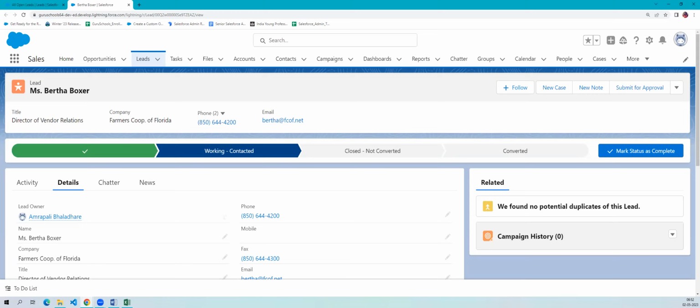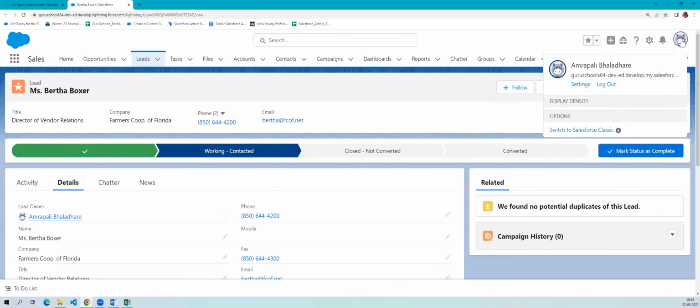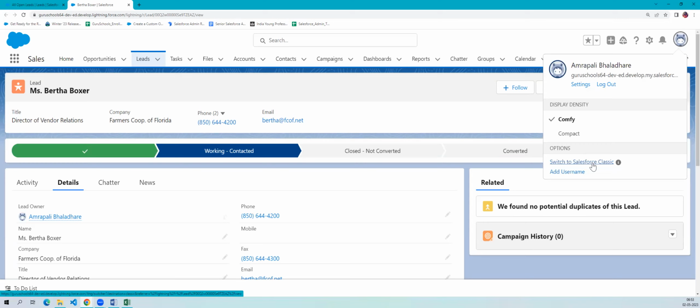In Salesforce, we have two user interfaces, which are Classic and Lightning. Salesforce Classic is the old UI and Lightning is the new one. In 2016, Salesforce released the Lightning Experience as an alternative to Salesforce Classic, and we can switch between these two UIs anytime. Let me show you how the Classic user interface looks. If I go here and click on switch to Salesforce Classic,